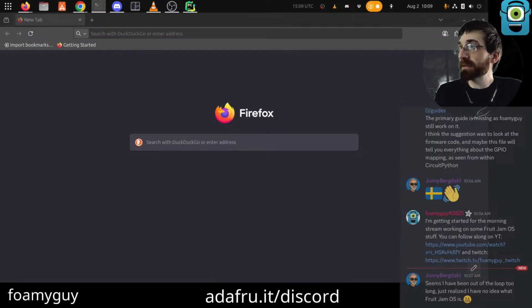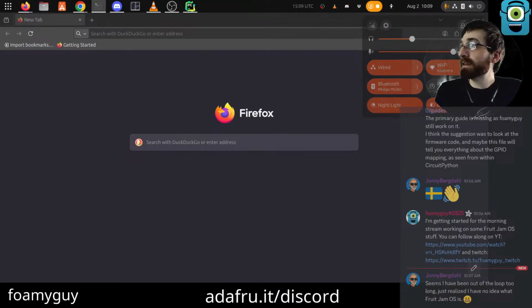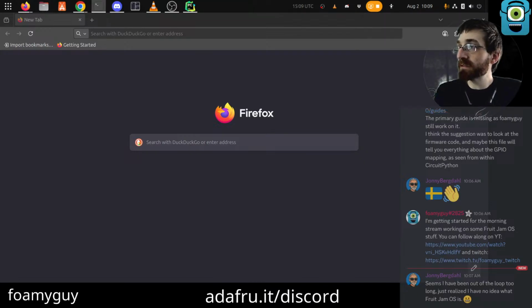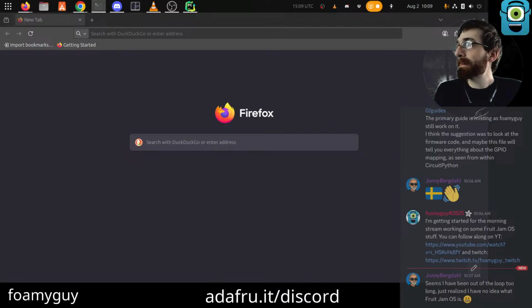As time goes on, I imagine it may gain more functionality. Right now, it's essentially the launcher and the editor, and then there's a bunch of apps, like all the different games and Learn Guide projects that we have done for Metro RP2350. They ultimately were the whole time sort of Fruit Jam projects in disguise, but they're being vetted and tested out and tweaked as necessary to run on the Fruit Jam as well.